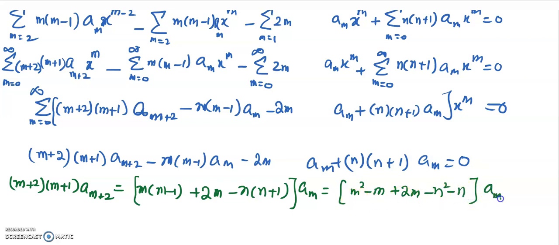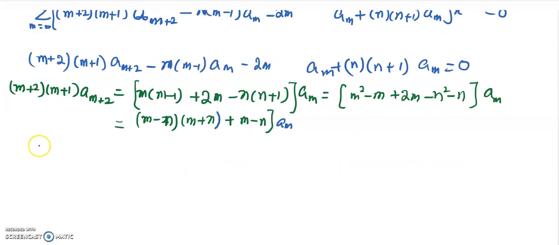So am, or it will be, now I can write m square minus n square. I can write m minus n into m plus n, and then 2m minus m is actually m, okay, minus n, okay, over, and now so am. So now am plus 2